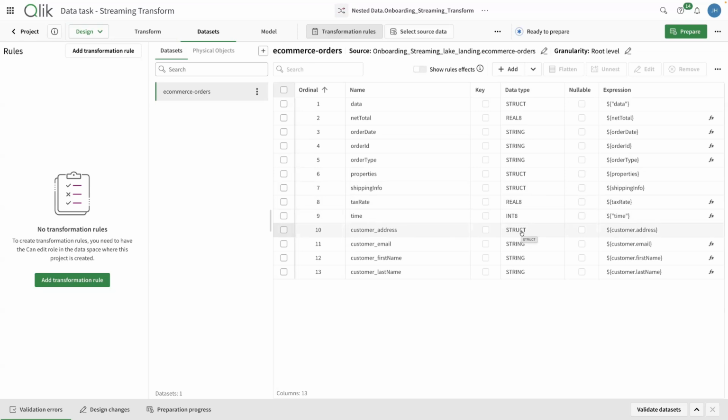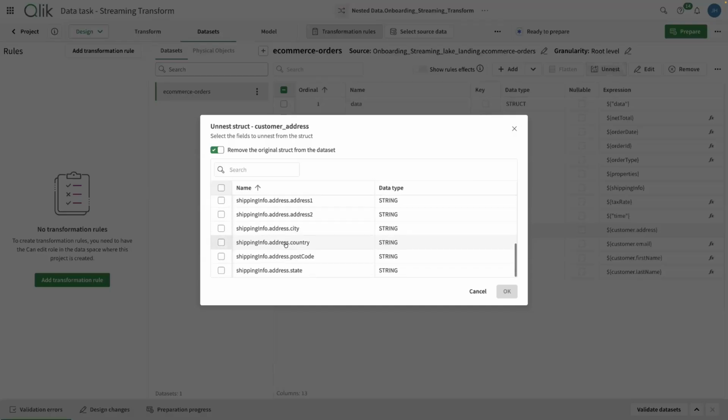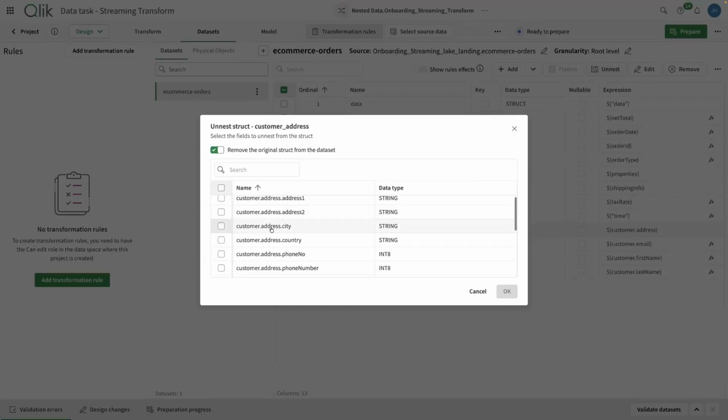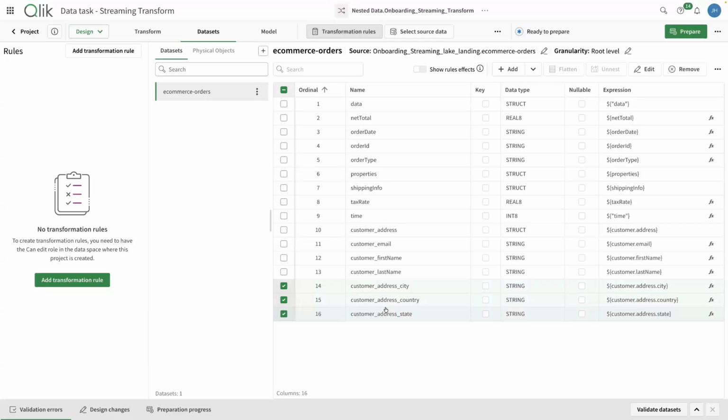Yeah, so this is multiple levels of nesting. If you think about an address, you've got a city, a state, a zip code, a country. The first level of unnesting left the address as a struct, but it peeled out and unnested the email address, first name and last name. If we want to keep going, I can select address, unnest that as well. And here you can see all the nested address fields. Let's just peel out the city, the country, the state. And now I've unnested those 3 fields, city, country, state, but I also have the full address, which remains as a struct in my output.